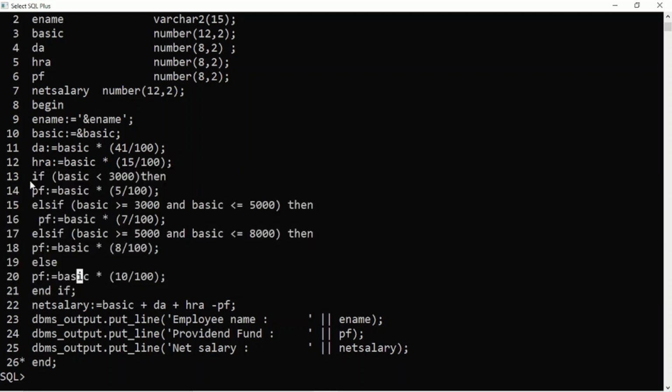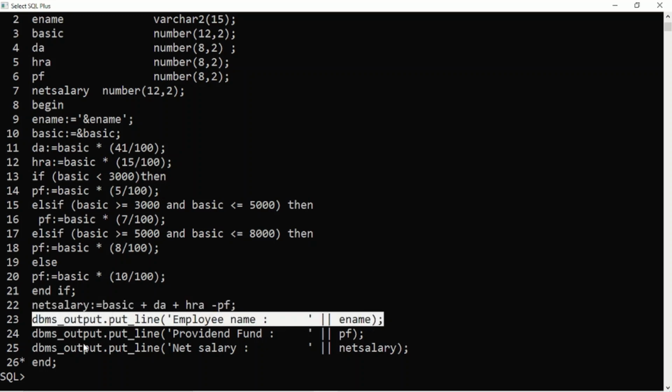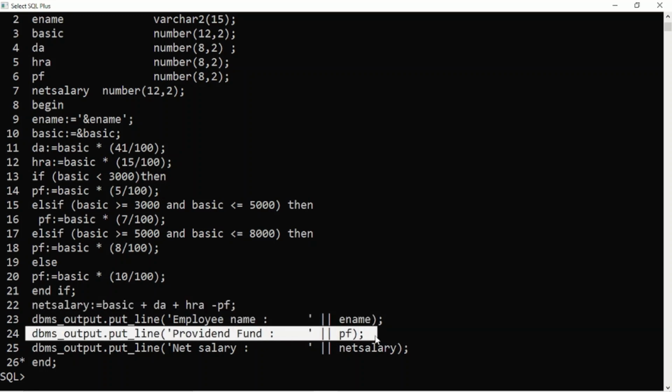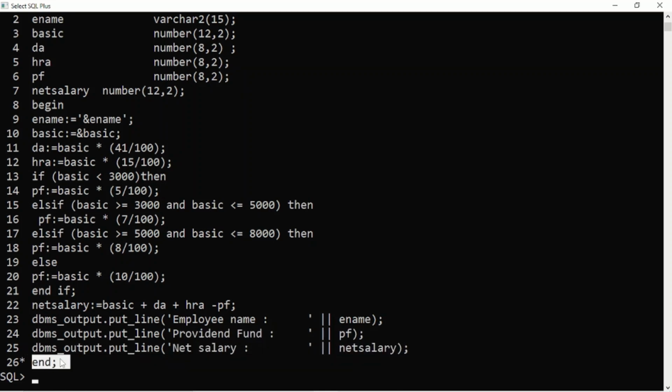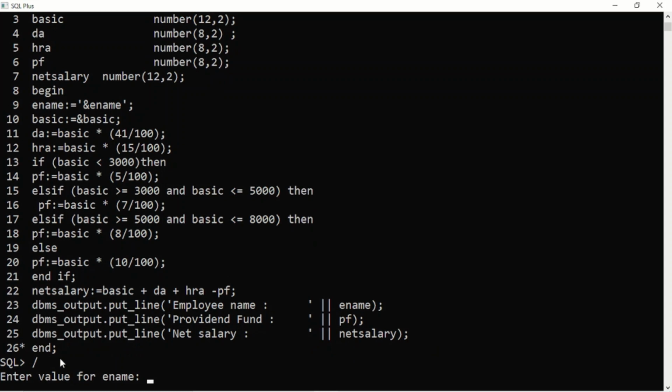This is the beginning of the if and this is the end of the if, and this is the net salary calculation. Basic plus DA plus HRA minus PF will be the net salary, and then this is to print the name, this is to print provident fund, this is to print net salary, and this is the end of the program. So let's see.